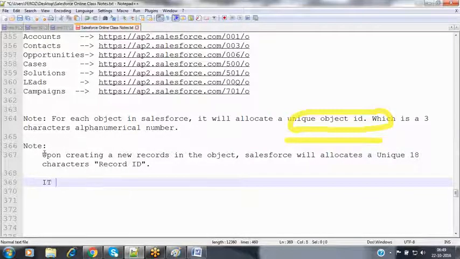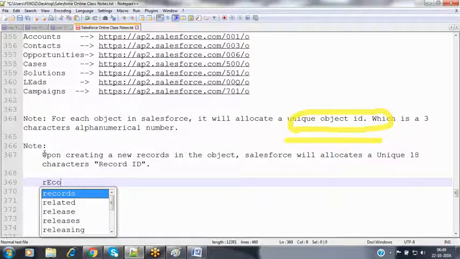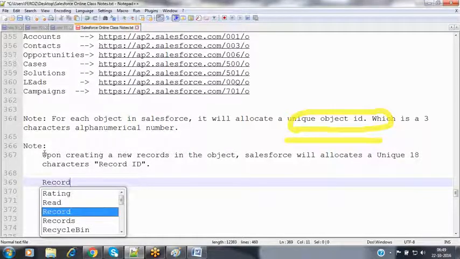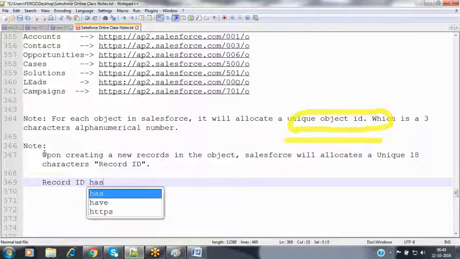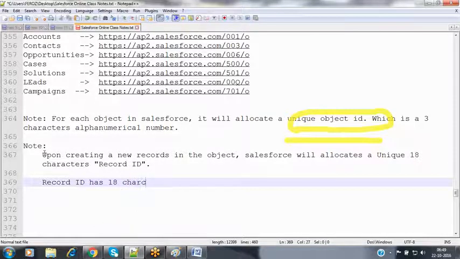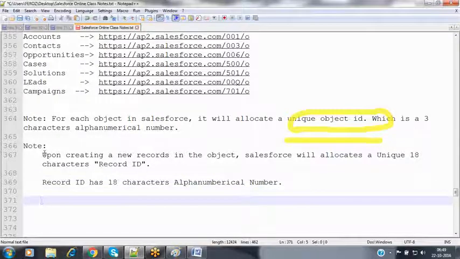Record ID has 18 characters, an alphanumerical number. Now what exactly are the 18 characters?